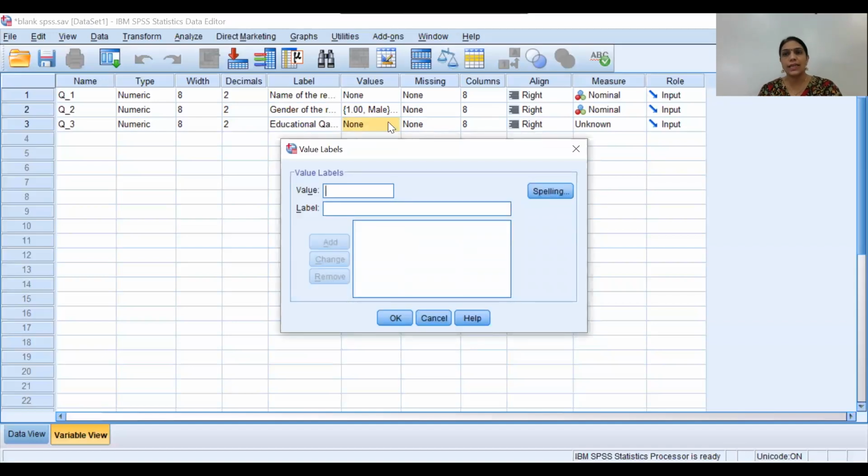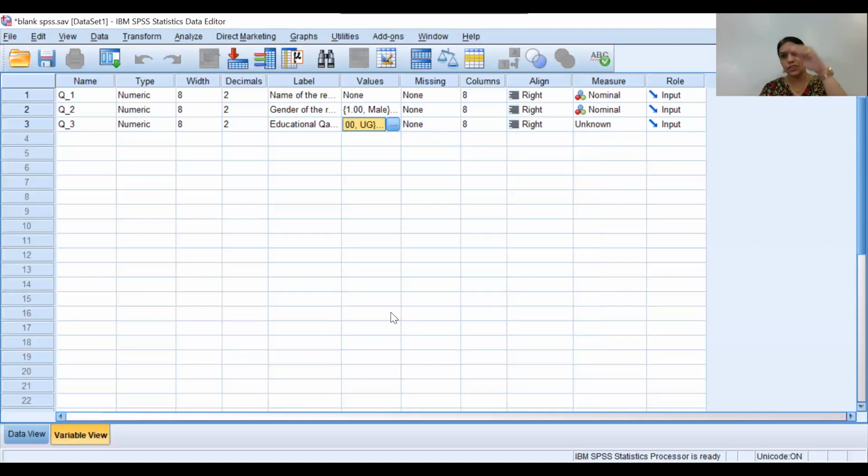For this categorical question, I use code 1 for UG (undergraduate), 2 is equal to PG, and 3 I am using for PhD, add and okay. The educational qualification is in increasing order, so I'll set it as an ordinal question. Now question number 4.